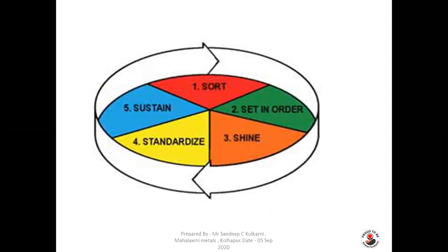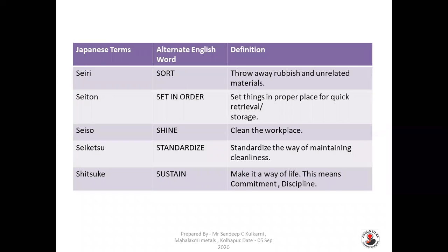So these are the 5S. We are going to see it in a shorter way. First is sort. Sort is nothing but throwing away rubbish and unrelated, unwanted material. Second S is set in order: set things in proper place for quick retrieval, to get it as and when required. So set in order and sort, these are the 1S and 2S which we are going to see in today's